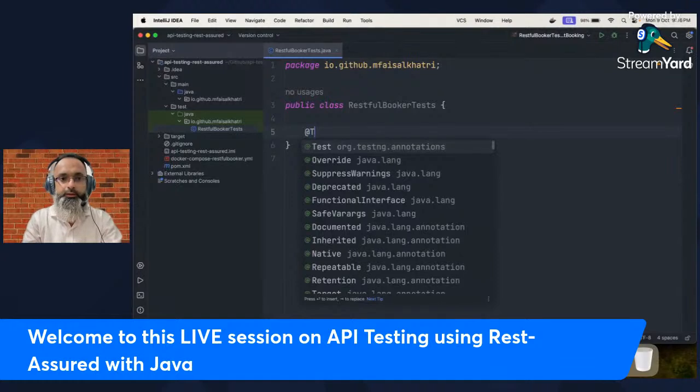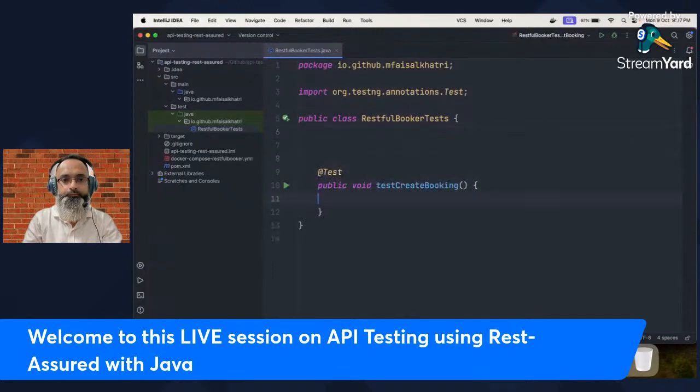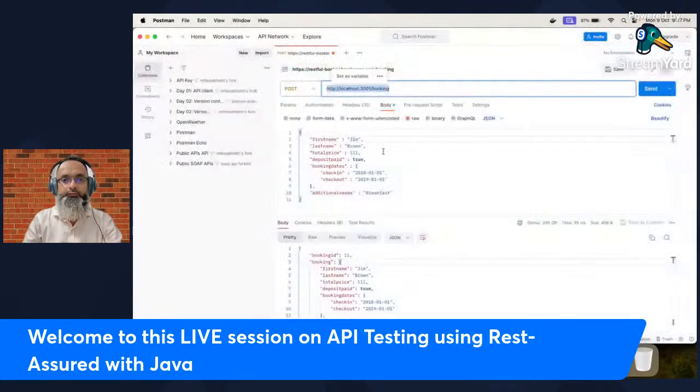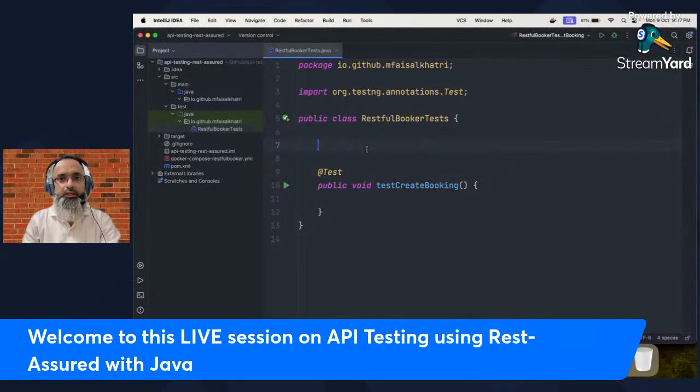So let's create a test, public void test create booking. Okay, but the important part here is we need this test data to be supplied in the test, otherwise our post booking won't run. So we will have to generate the test data for this first,